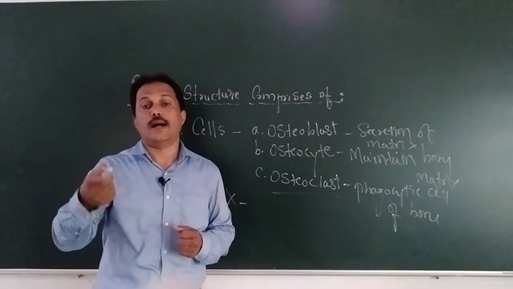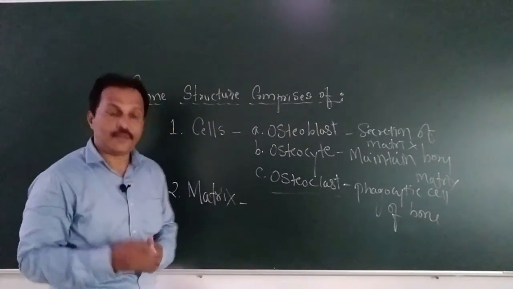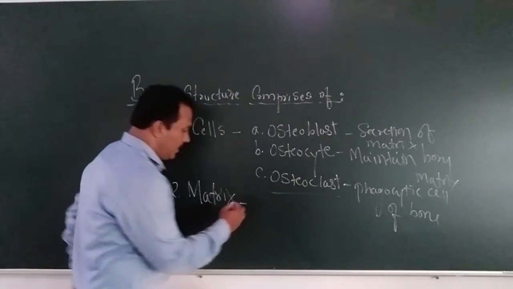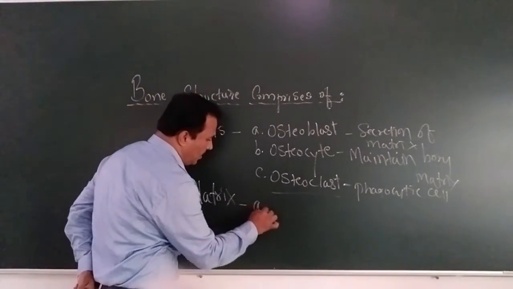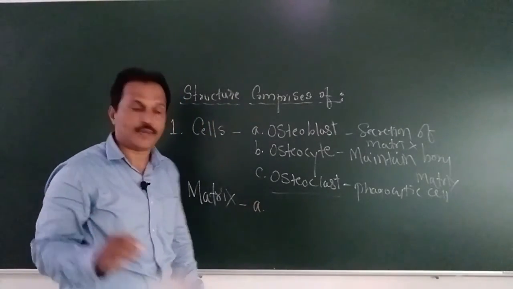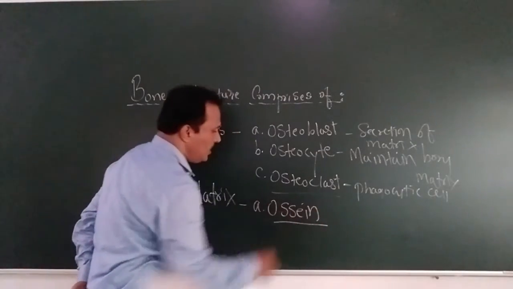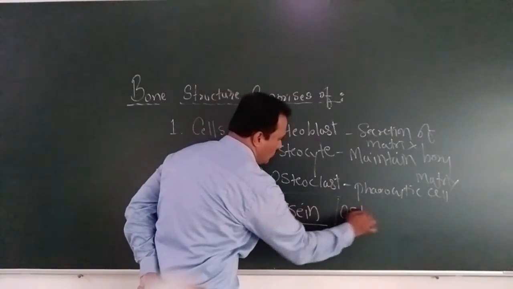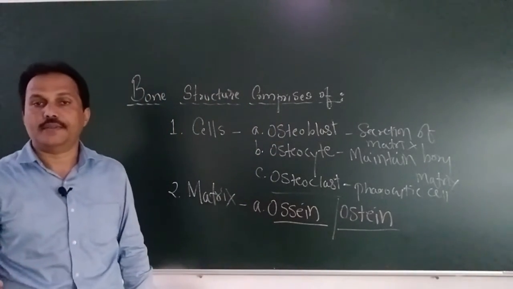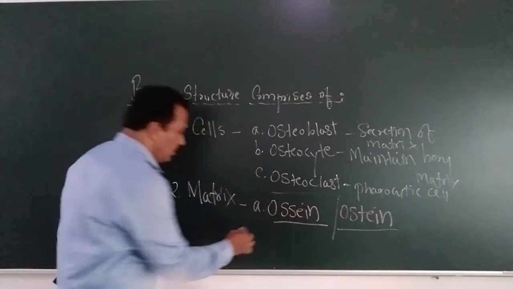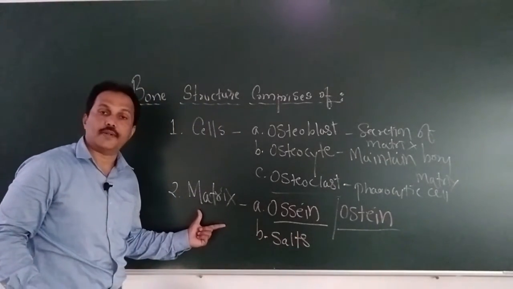बोनची जी कणखरता आहे, हार्डेस्टपणा आहे, तो कशामुळे असतो? या मॅट्रिक्समुळे असतो. आणि हे मॅट्रिक्स कशापासून बनलेला आहे? हे मॅट्रिक्स बनले हार्डेस्ट सबस्टन्स ऑफ द बोन. अँड दिस मॅट्रिक्स इट इज मेड अप ऑफ अ प्रोटीनेशियस पार्ट ऑफ द मॅट्रिक्स that is known as osine. What is this osine? It is also known as ostine. This is a proteinaceous part plus salts. This is nothing but the matrix.